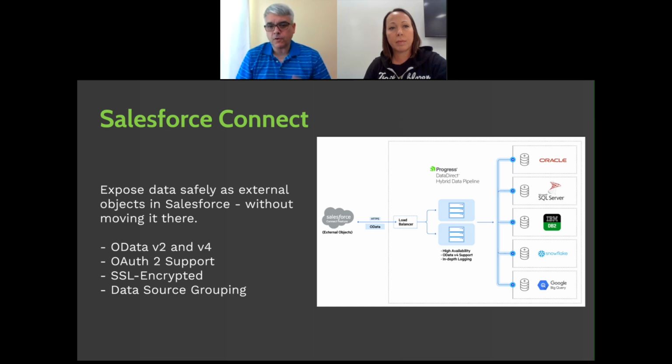The thing about this and the real power behind it is that Salesforce will not let you deploy any sort of JDBC or connectivity solution within the Salesforce ecosystem. So we handle the connectivity through the hybrid data pipeline and then allow Salesforce to consume the data returned, where the data is in place. The data itself is never copied or migrated over to Salesforce. It's just exposed on demand through these external tables that Salesforce Connect provides.